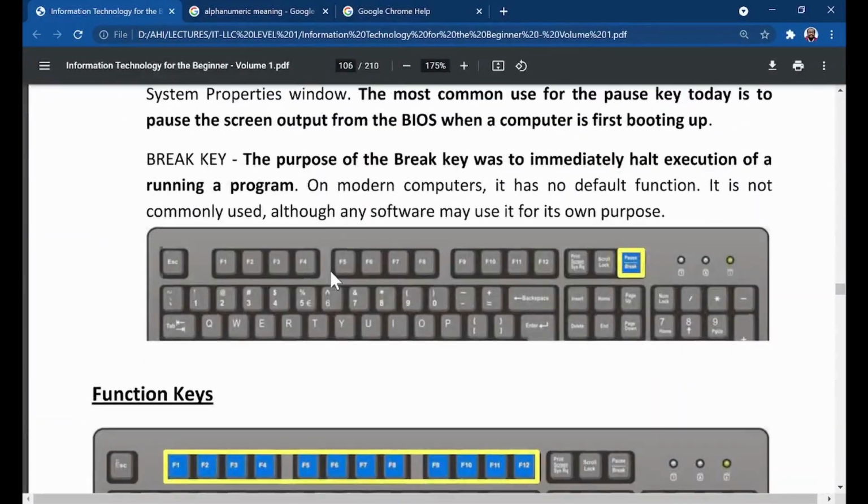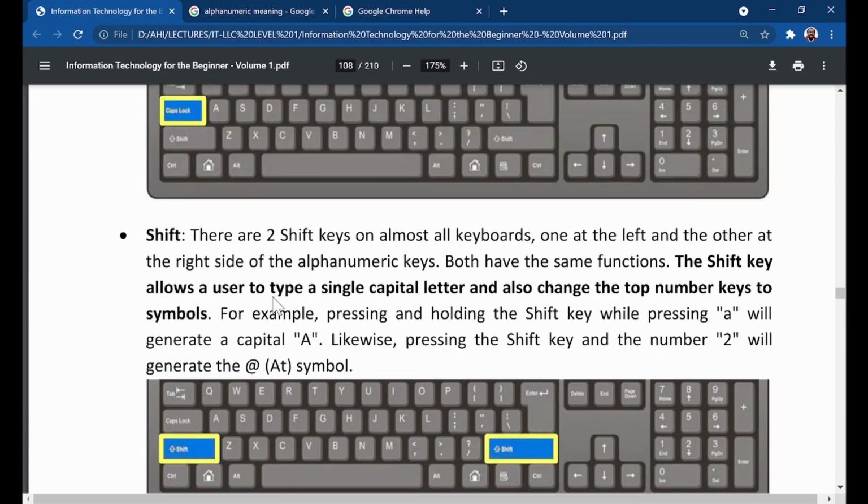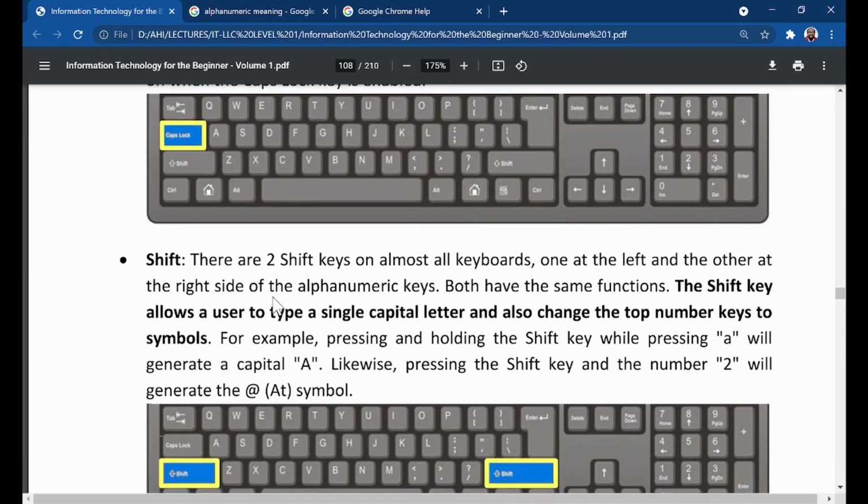Now let me explain something to you. So we have 2 shift keys, right? If I want to press D here, my right hand will press this and hold, and my left finger will press the D. That is how we type very fast. And I'm saying that to tell you that